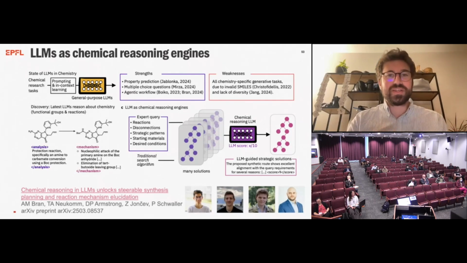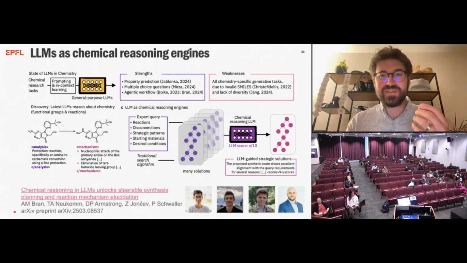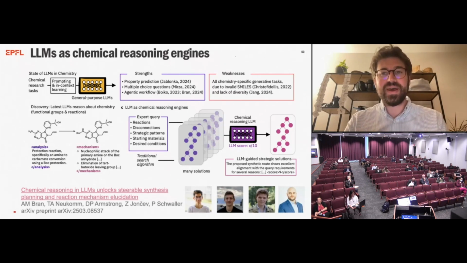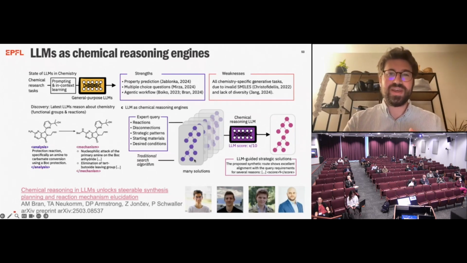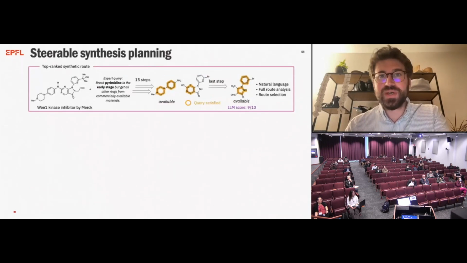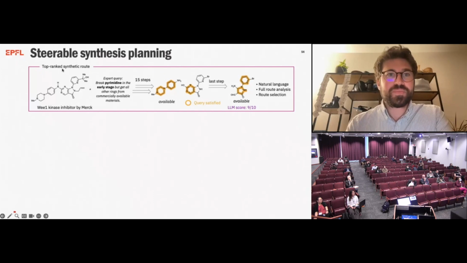to give the overall pipeline some additional constraints, like expert queries describing the reactions that should happen, where disconnections, strategic patterns, and so on. And we used the LLM then to score the alignment between all the suggestions and the actual user query. And if we do that for synthesis planning, for example, a large language